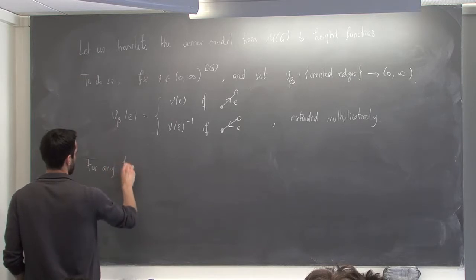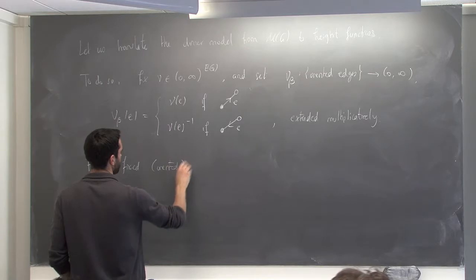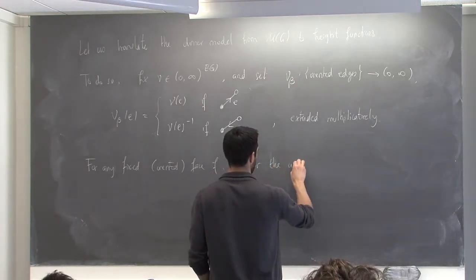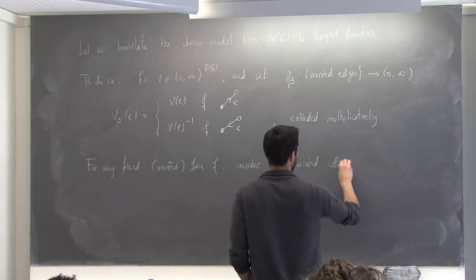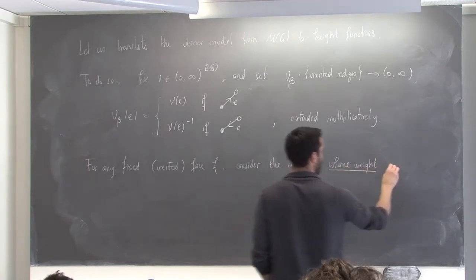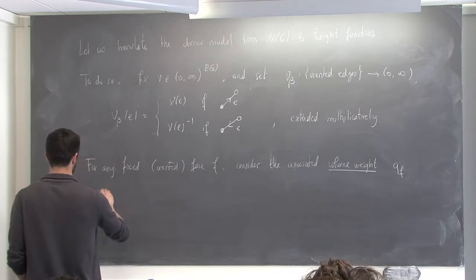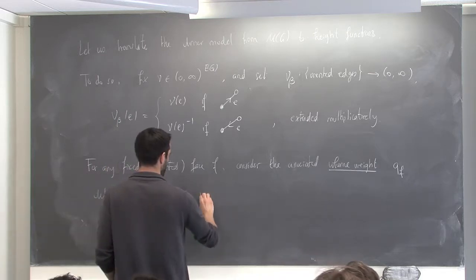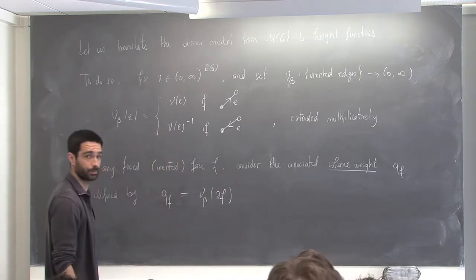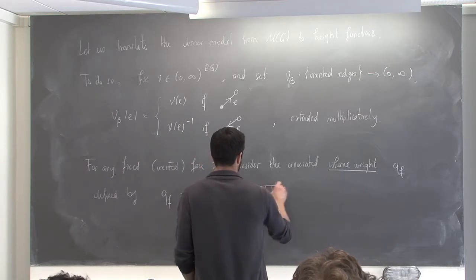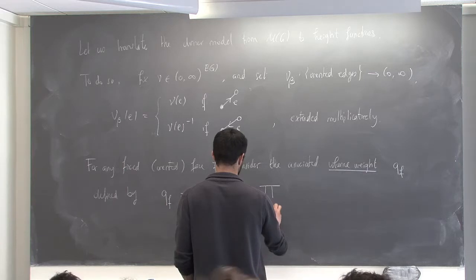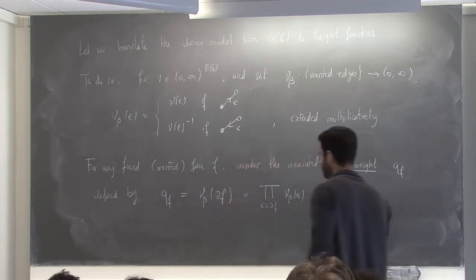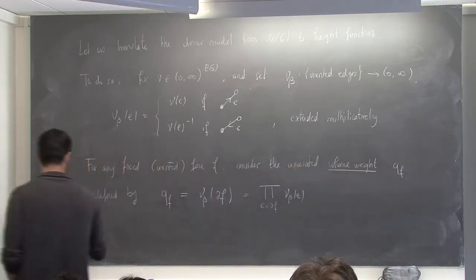Okay. For any fixed oriented face F, consider the associated, it's called the volume weight, QF, which is defined as follows: QF is equal to nu beta of the boundary of F, meaning the product over all the oriented edges in the oriented boundary of F of nu beta of E. So just to make sure that we agree on what I just defined,